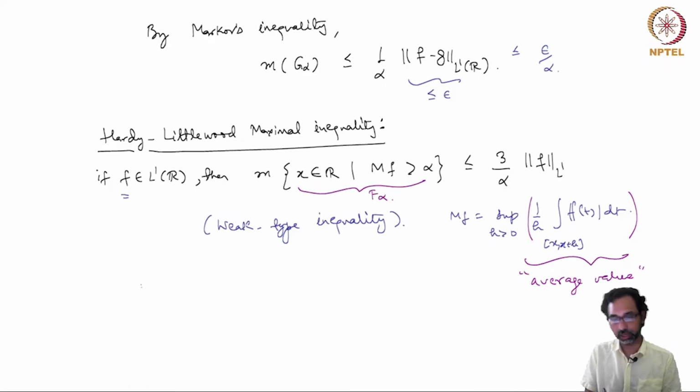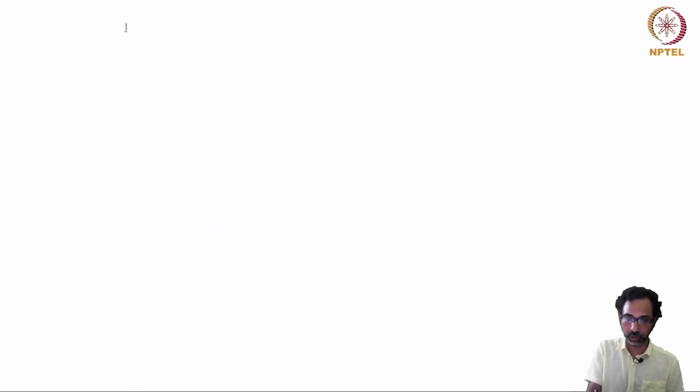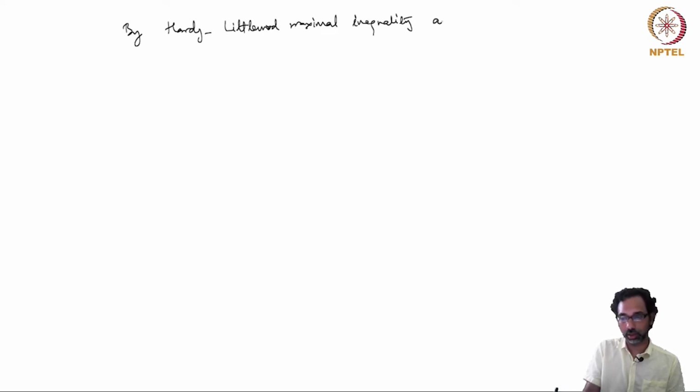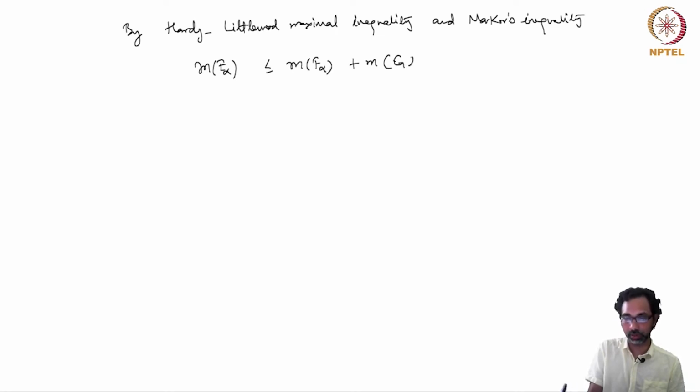So let us suppose that the Hardy-Littlewood maximal inequality holds, and then let us finish the proof. So by the Hardy-Littlewood maximal inequality and Markov's inequality, we get that the measure of E alpha, which is less than or equal to the measure of f alpha plus the measure of g alpha,